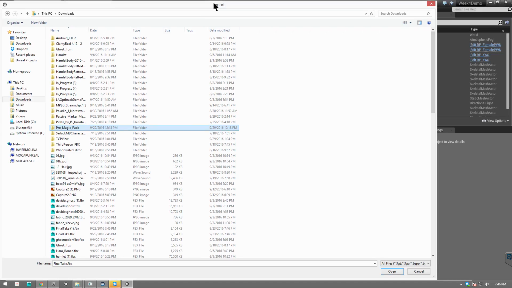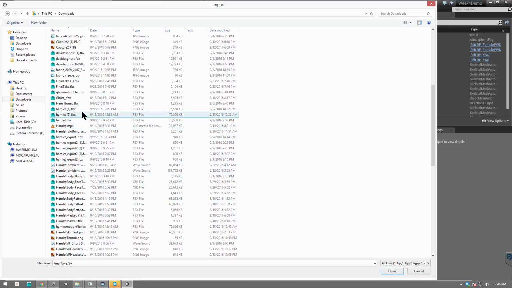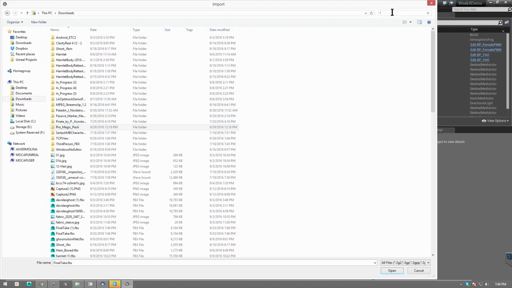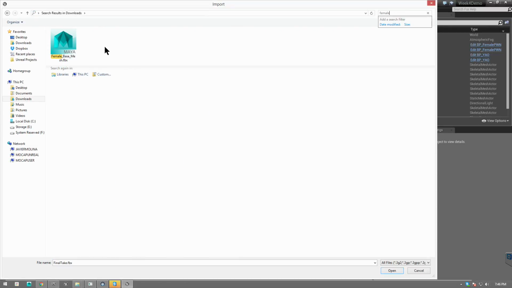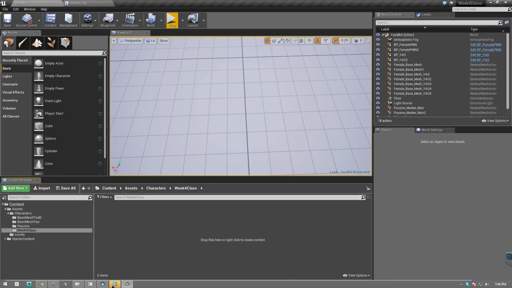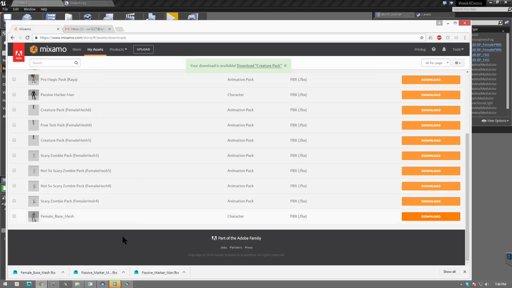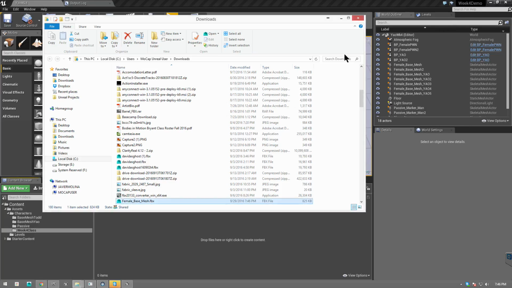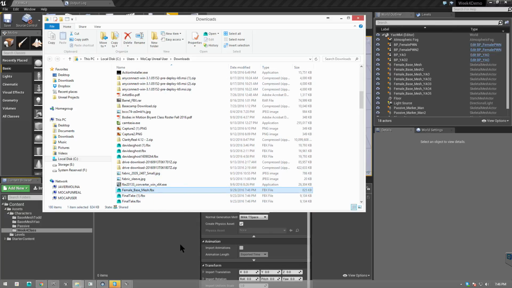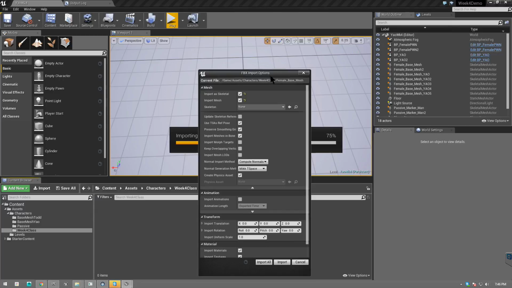So now we can import that female base mesh. Nope. All right. Great. So importing it,